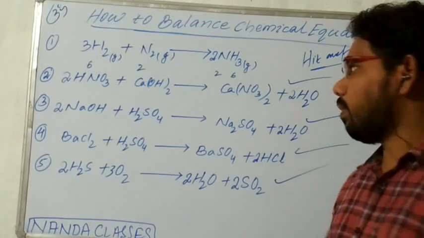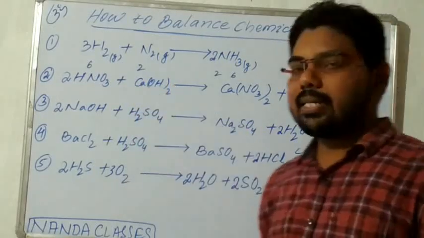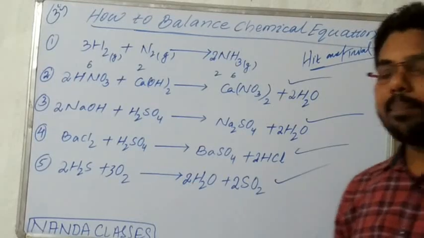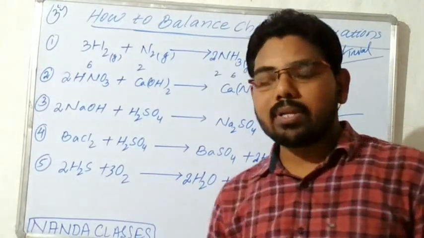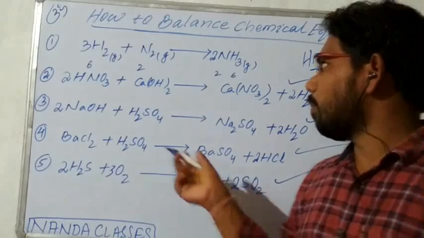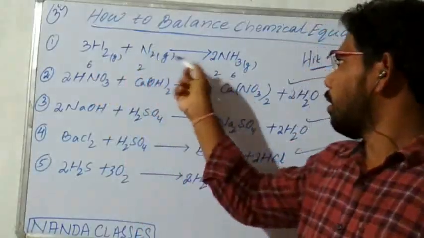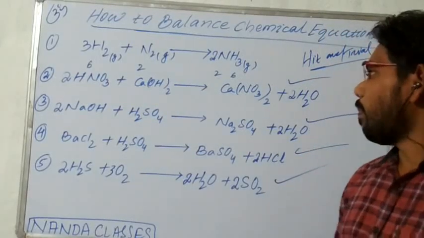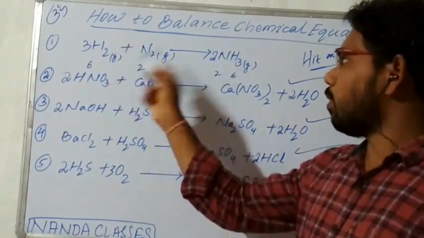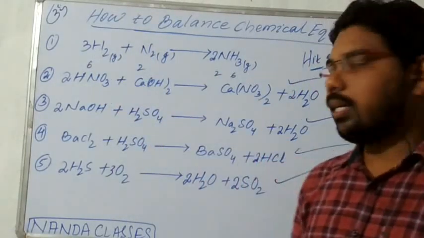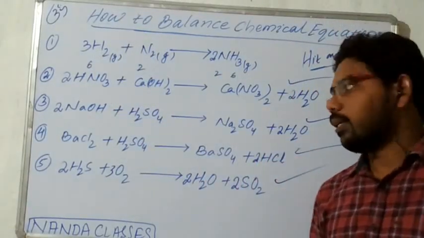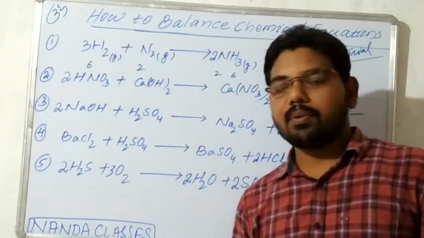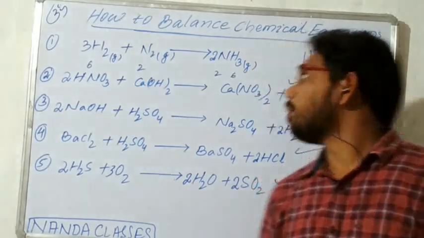This is the first introduction, and first we have to practice. You have to practice balancing equations more and more, then you will know how to balance them. Some word equations are also given, and you first change a word equation to a symbolic equation, and then balance it. So remember one thing: when the individual atoms of the reactant and product side are equal, then it is a balanced chemical equation. In the next class or next part, we will see how to balance more word equations or chemical equations.